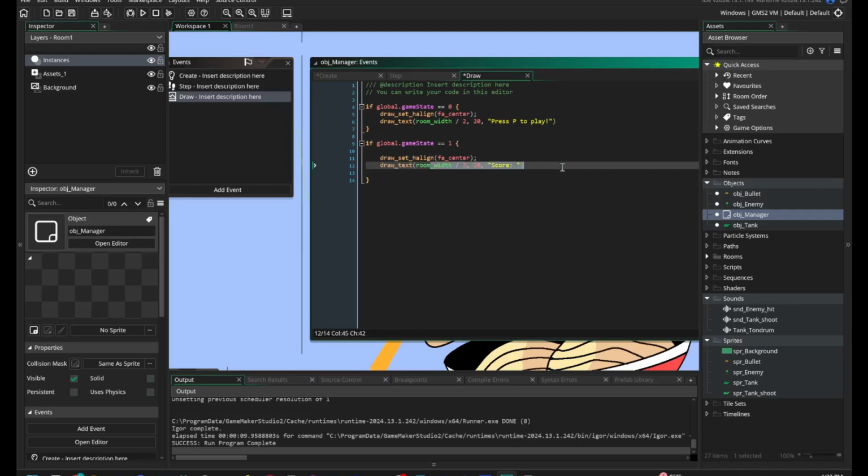And now that we have the score, we're going to have to write it down. And to do that, we can't just put global.score in here because it's in a string. So we need to add strings together. So to add strings together, well, let's just say variable here as like a reference. To add strings together, we're gonna have to go string 1 plus outside the quotation marks